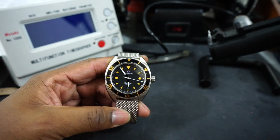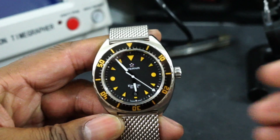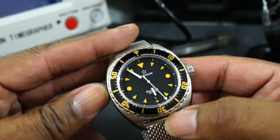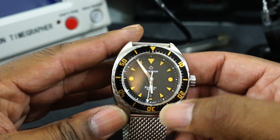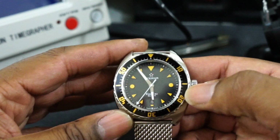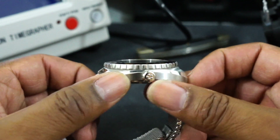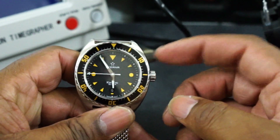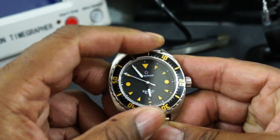Let me move in a little bit. This is a really good looking watch. You have the black charcoal dial. You have a date wheel at 6 o'clock. You have excellent Eterna printing. You have the five ball bearing applied logo here, all applied lumed indices. You get the five ball bearing on the crown. Really nice grip on the crown. I love this watch because it doesn't have the crown guards. You get a 120 click bezel,